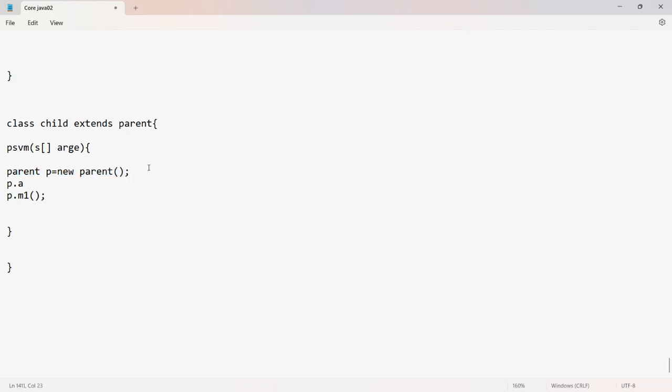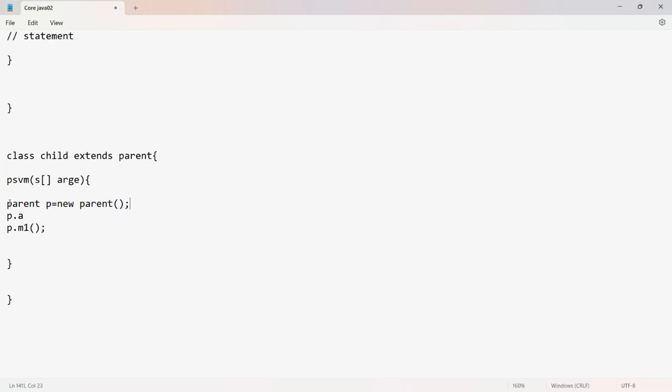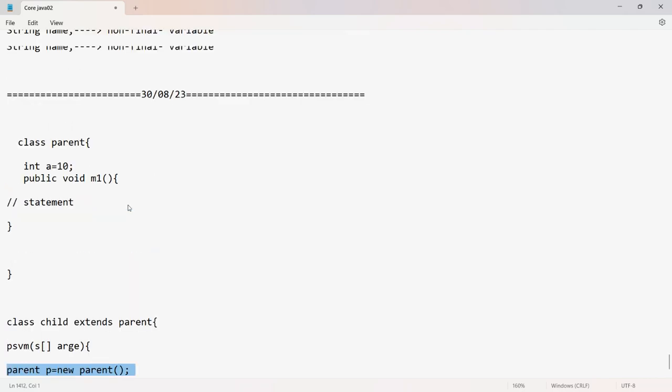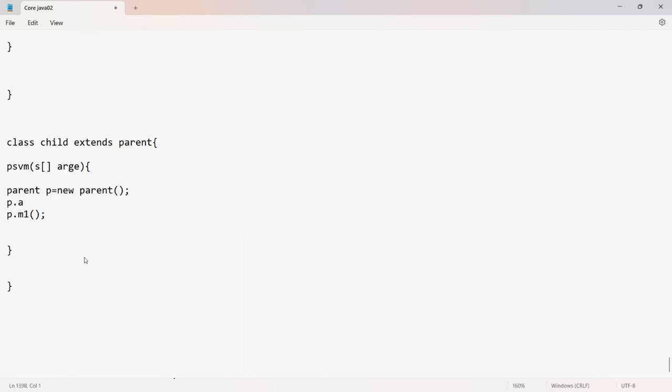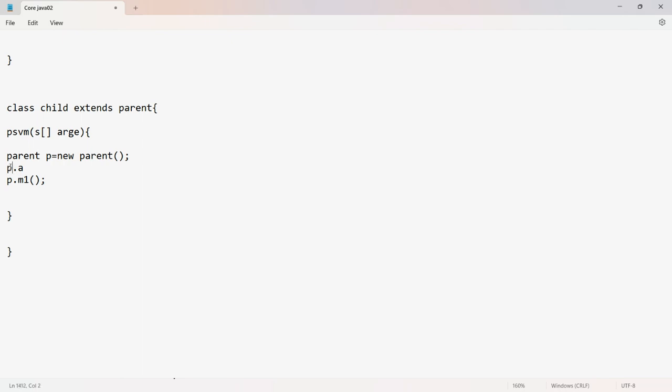So here, if you create it in this format, Parent p equal to new Parent, whatever field, whatever method you define here, all those things you can access, guys. But let's assume one more thing: there is one more variable, int b equal to 20, under the child class level. If you want to access these, p dot b,